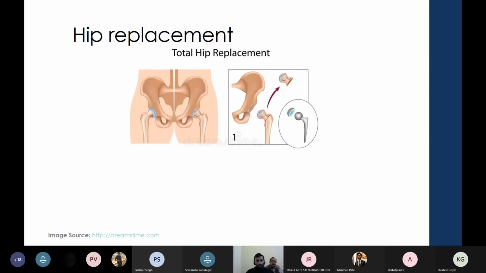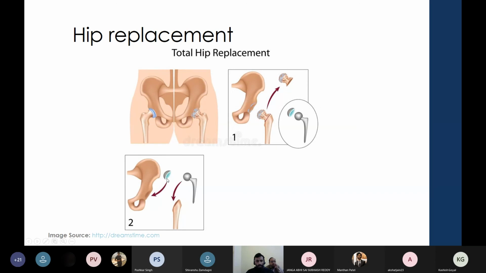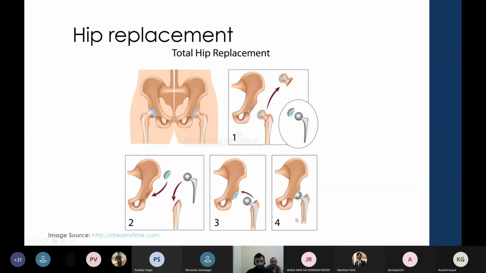So hip replacement, as you might already know, is when there is an impaired hip joint and it is replaced by a hemispherical shape hip implant in order to restore the joint.